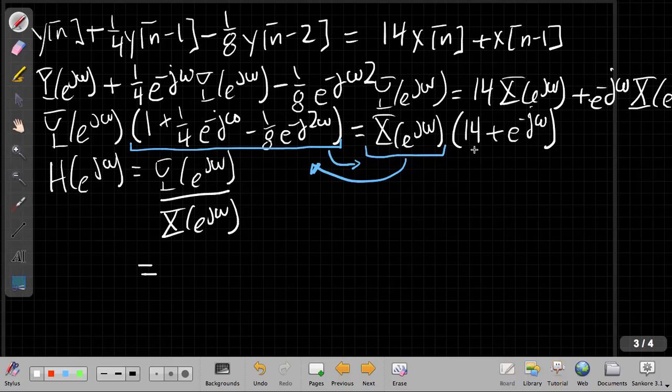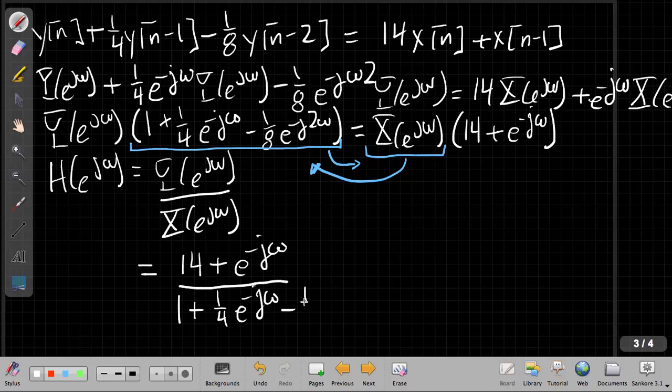And the right-hand side, well, this will be the numerator. So I'll end up with 1/4 plus e to the minus j omega over